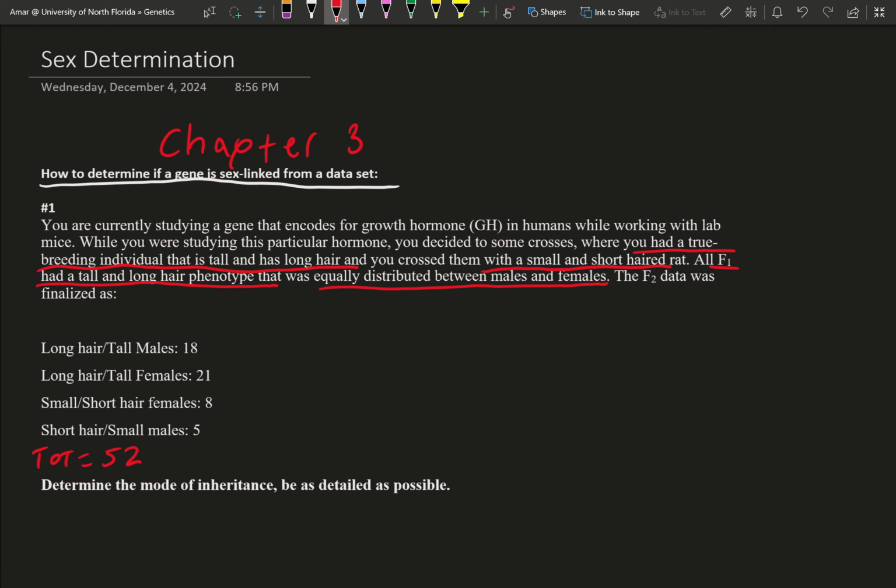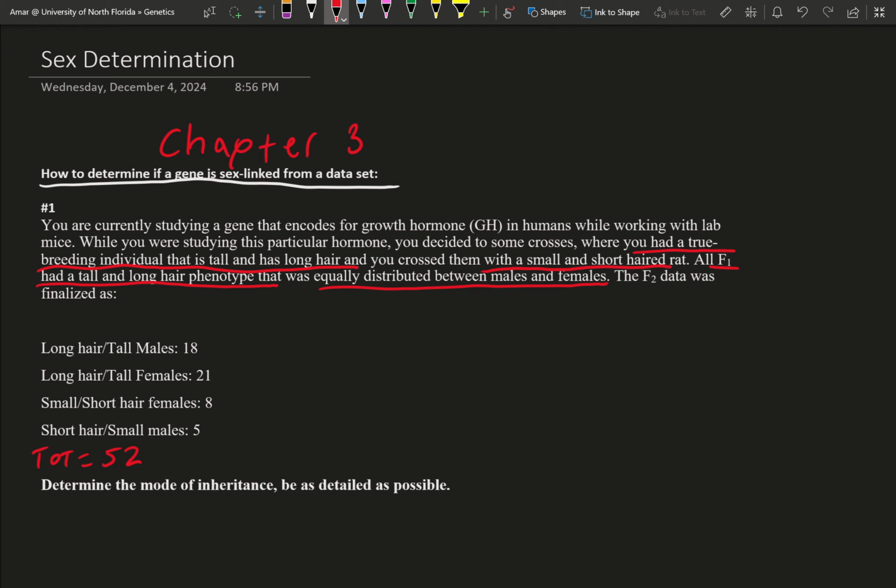So in this particular problem, it might seem like an easy solution, but I recommend doing this at first. What you should do is always separate out the traits away from one another. Assuming that there is no actual gene linkage between these 2 different genes, you would independently assort each gene away from one another. So you would separate one trait from another trait. What I mean by that is,